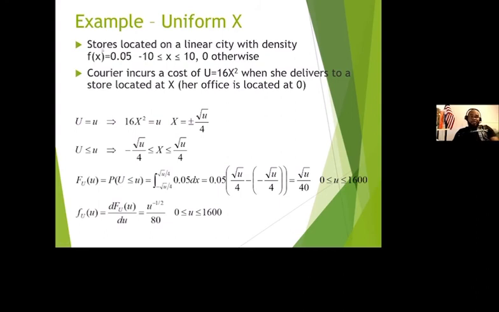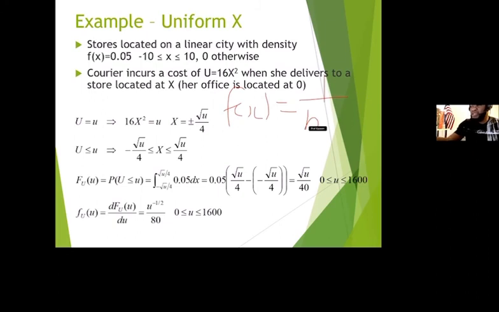Now take a look at that. Stores located on a linear city with density f of s equal to 0.05. The 0.05 here is more or less talking about a uniform distribution taking the range from -10 to 10. Because when you integrate this, some of you may be wondering, how did they get this? And that is, you remember what we did the other time, that we said f of x equals 1 divided